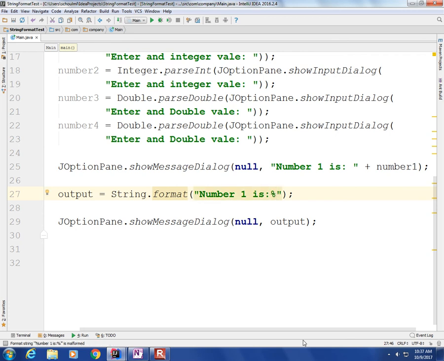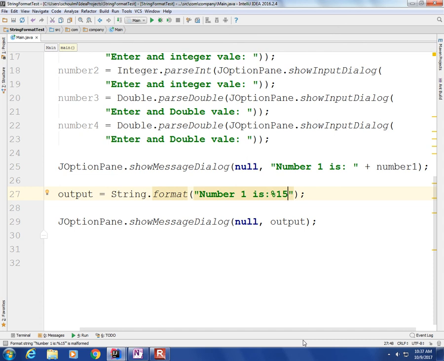So the % sign means I'm going to insert some formatted information inside of here. And then the next number after that, in our case, is going to be the number of spaces that I'm going to use in order to display the data that's inside of there. So let's say I use 15, just to make sure that I've got enough room to fit whatever it is that I'm going to put on there. And the last thing that you're going to put inside of there is what type of data I am going to display